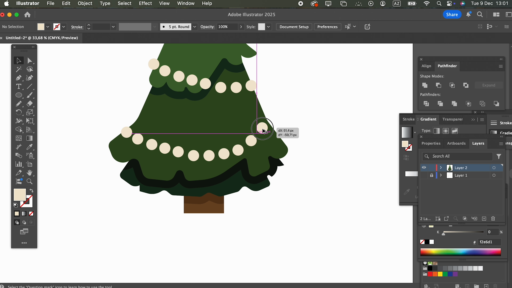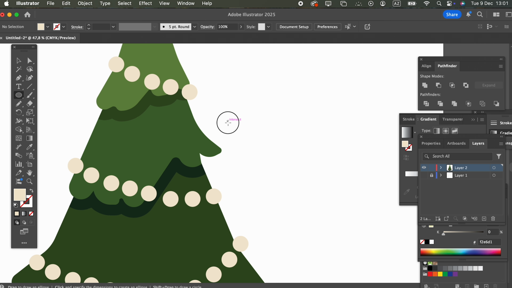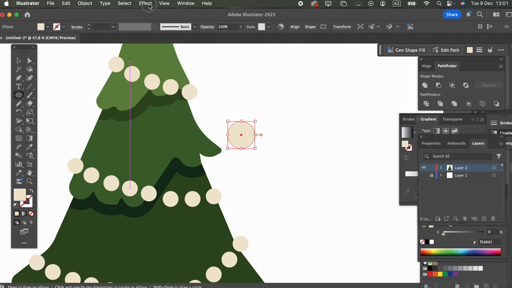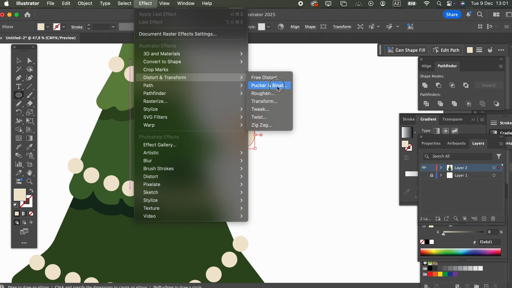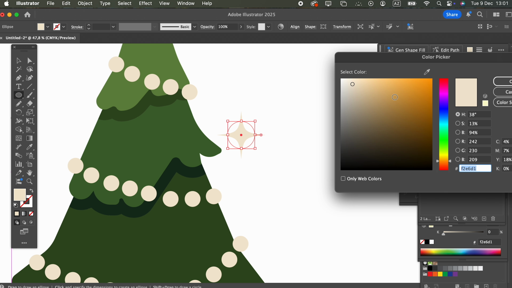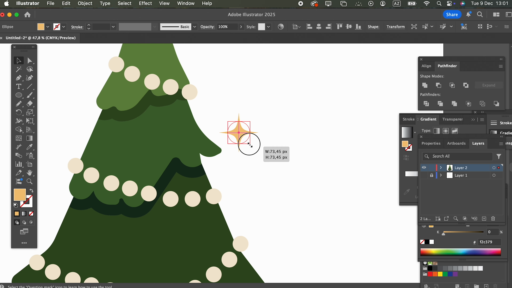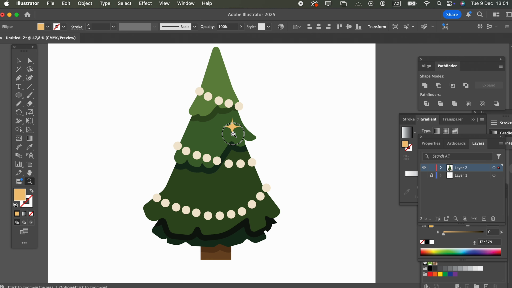After arranging the circles, I want to add a few star-like details so the tree doesn't look too empty. To do that, I draw a circle, pick a color, then go to the Effect menu at the top. From there, scroll down to Distort and Transform and choose Pucker and Bloat. By dragging the slider slightly to the left, we get the exact effect we need. Then I duplicate the shape, create multiple versions, make some smaller and some larger, and place them around the tree